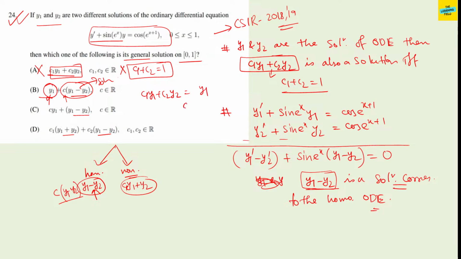y1 only. That is your c1 equal to 1 and c2 equal to 0. That means c1 plus c2 equal to 1. This is for,